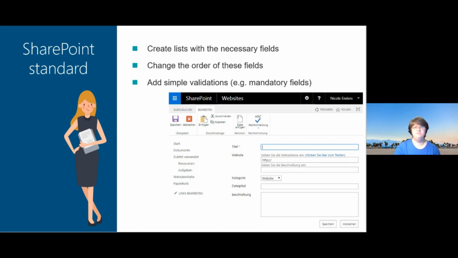Yeah, and then Tanya said, okay, that's all. That's not enough for my business process. I need a little bit more, because maybe she has a lot of fields and her form doesn't look pretty. So she wants to do a little bit more. And a few years ago, what would be the best tool for her? Because she's not a software developer, she's not an IT consultant, she works for the HR department. So